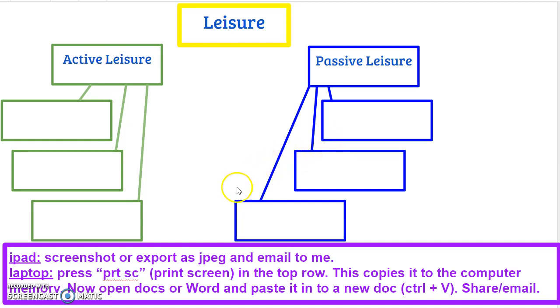If you are using an iPad, you can screenshot it and export it as a JPEG and email it to me. Or if you're using a laptop, you can press the PRTSC button, print screen in the top row. This copies it to the computer memory. Now open Docs or Word and paste it into a new doc using the shortcut Control-V, and then share or